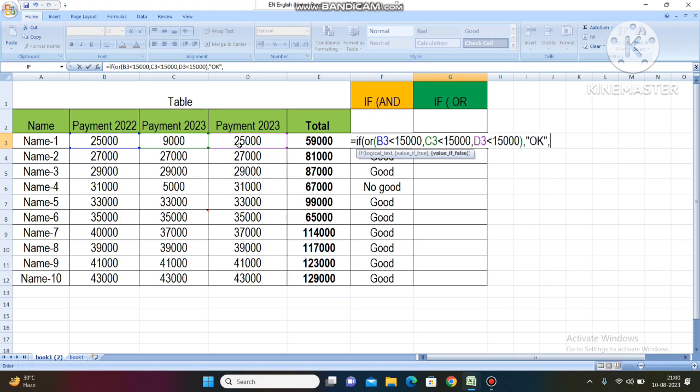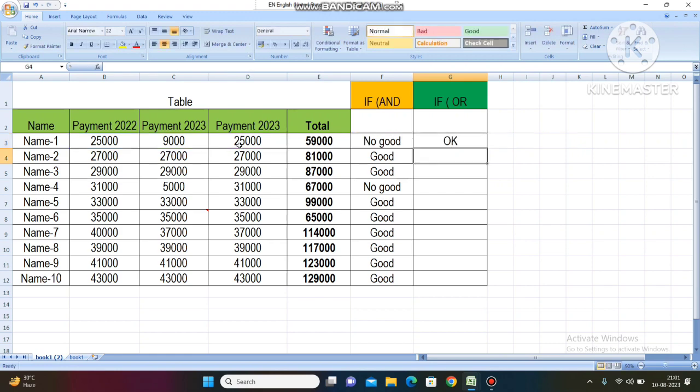After that we will write over here the comma, and after that a second time we will write the quotation sign, and there I will put not okay, and we will close with the quotation sign and bracket as well, and press the enter button. As you press the enter button, you will see over here the OK, and you can drag it,